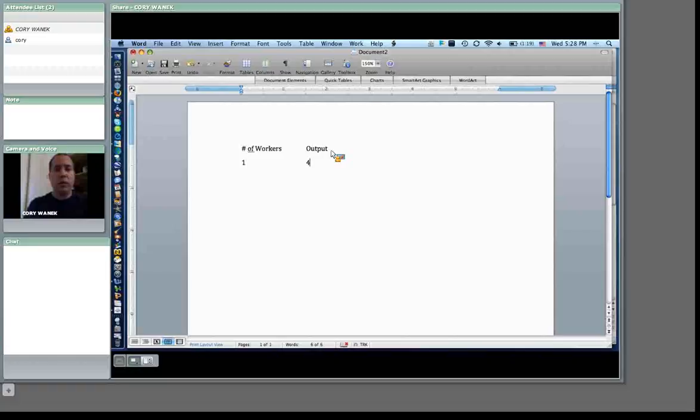Now, if we add a second worker, oftentimes what happens is the output increases more than the one before. So in this case, let's say with 2 workers, output is 9. That is, this person added 5 to the output. Why does this happen? Well, with just one worker, they have to do everything. They have to roll out the dough, put on the ingredients, and watch the pizzas in the oven. Whereas a second worker, they can start splitting up the jobs and focus more on their jobs, and therefore the output can increase. And let's say we add even a third,